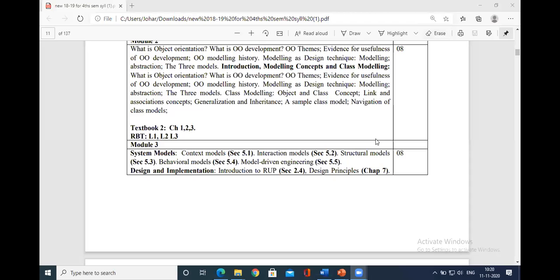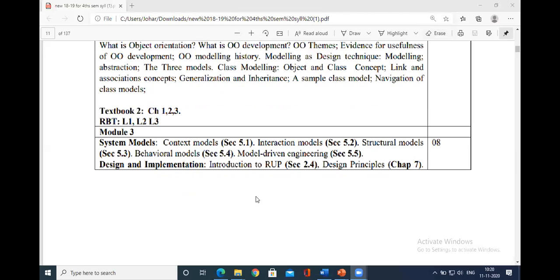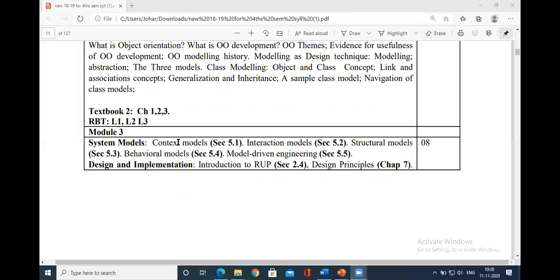So before I start, I just wanted to tell you what this context model talks about. Context model, what is context? The word context itself says something: a system representation. So we represent the context model as a system. Similarly, when I say an interaction model,